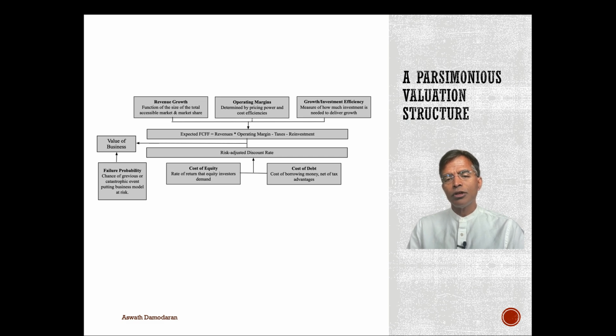So the second driver, and this is my profitability part of my business model, is captured in the operating margin. So revenue growth captures the growth part of my story. The operating margin captures the profitability part of my story. But remember, growth requires reinvestment. My third input captures how efficiently I deliver that growth. What am I reinvesting to get that growth? Revenue growth, margins, reinvestment capture my cash flows.